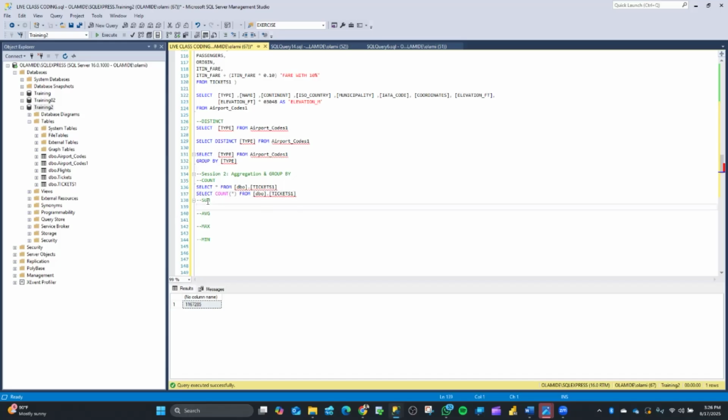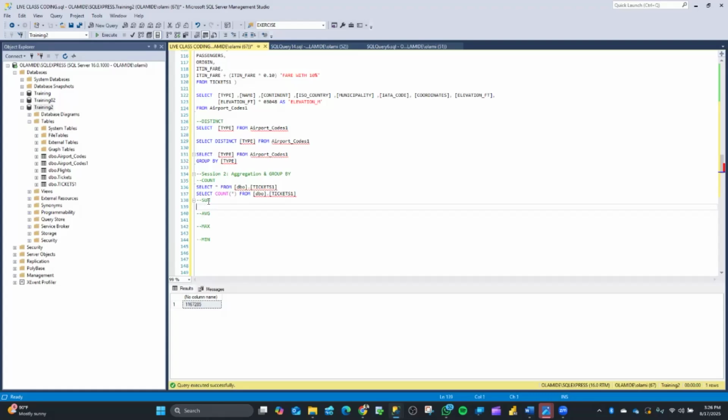But for this summation, you can't use it on text. It has to be on numbers. You can't say average of name, average of this. You can't do that. You can probably say average of age, average of numbers, average of values, and stuff like that. So let's say we want to select